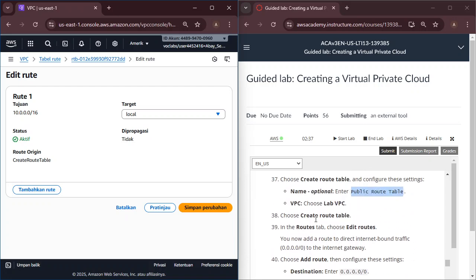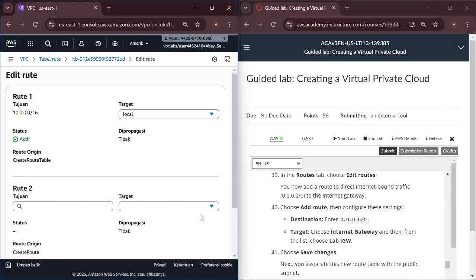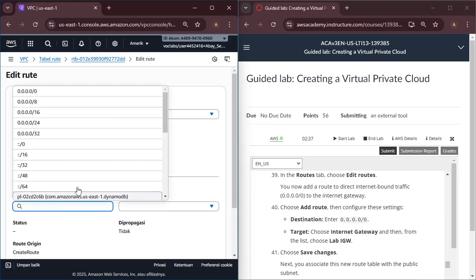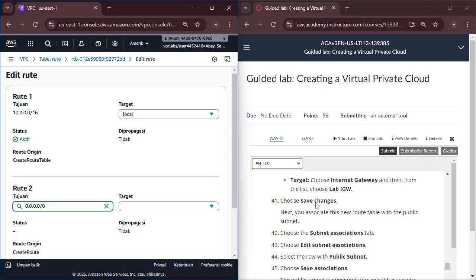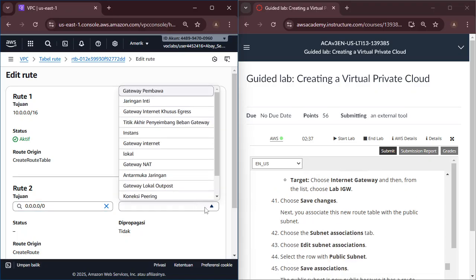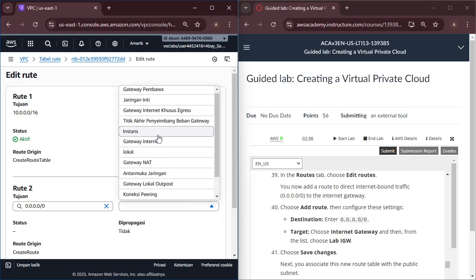Choosing in the tabs, Edit routes, and choose Add route. Destination 0.0.0.0/0, target to the internet gateway.